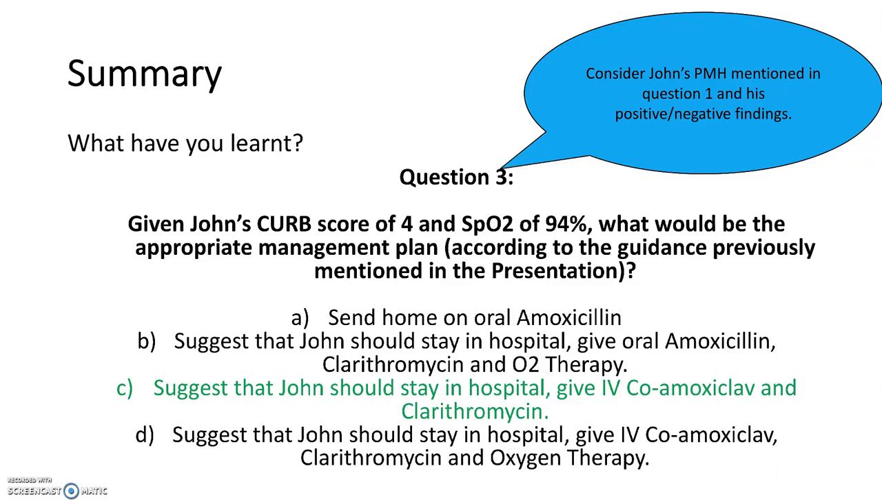So the answer is C. So John should stay in hospital, definitely, with a score of above 3. He should be given IV co-amoxiclav and clarithromycin, as is the case with anyone scoring above 3. However, with regards to oxygen therapy, it was previously discussed in the first question that John had no past medical history of COPD, which makes it even more unlikely that he's a carbon dioxide retainer. That means his saturation levels are aimed at 94 to 98. So although they're low on that banding, he is still within limits, and so no oxygen is required at the